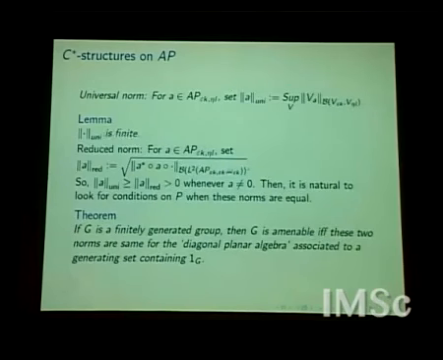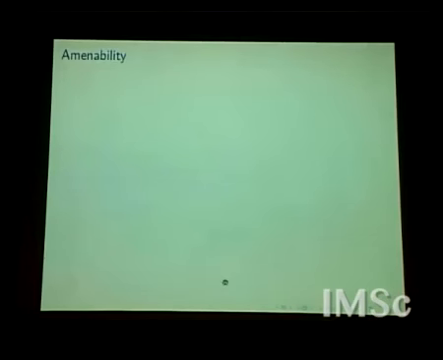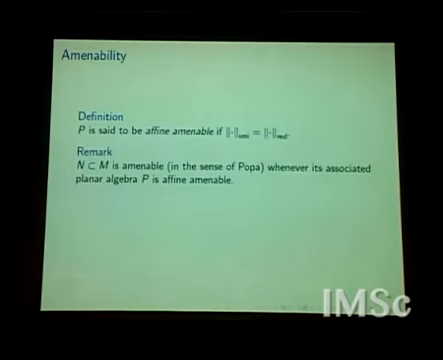So, G is finitely generated. What we could prove in an example is, if we take a finitely generated group, there is something called diagonal planar algebra, and we could show that G is amenable if and only if these two norms are the same. Okay. So, affine amenability we define as the universal norm becoming the same as the reduced norm, and there is an